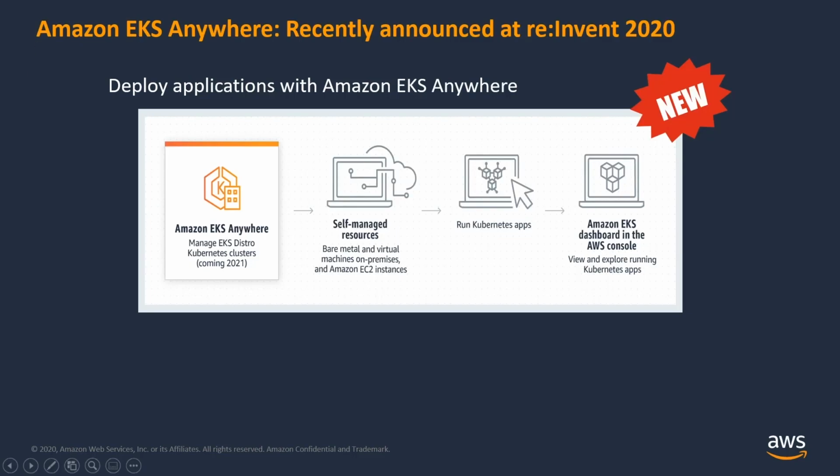Also, recently we announced Amazon EKS Anywhere during re:Invent. Amazon EKS Anywhere is a new deployment option for Amazon EKS that enables you to easily create and operate Kubernetes clusters on premises, including on your own virtual machines and bare metal servers. It provides an installable software package for creating and operating Kubernetes clusters on premises and automating tooling for cluster lifecycle support. EKS Anywhere brings a consistent AWS management experience to your data center.